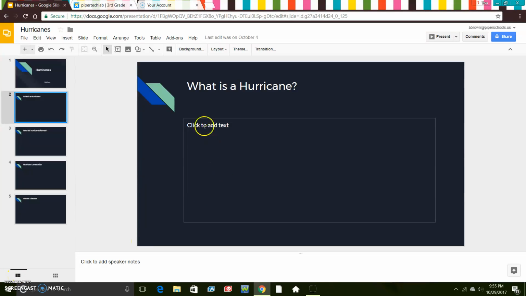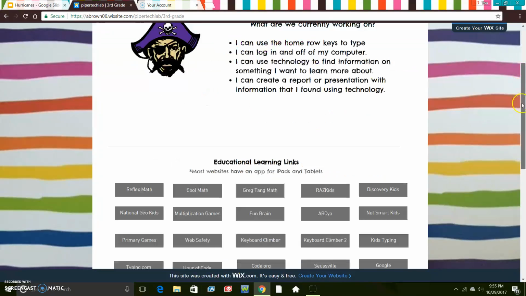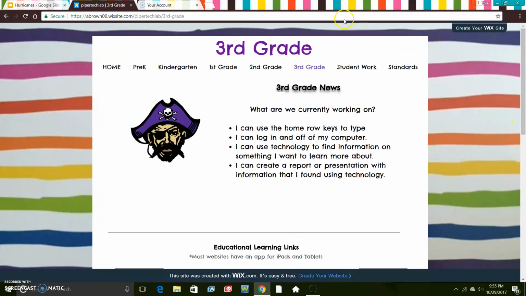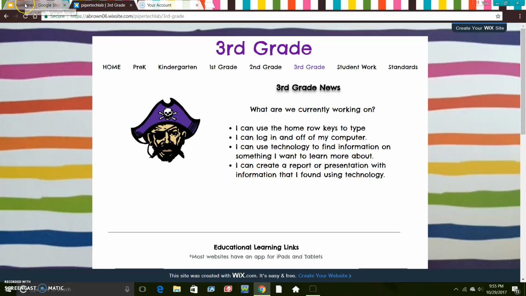Okay, so you guys are going to open up your Google Slides, What is a Hurricane? And today we're going to do some research and fill in our slides with the research information that we find. So we need to just make sure that up at the top of our screen we have our tab for our Google Slides open, and then we also have the tab for the third grade technology page open so that we can click back and forth and research and read our information